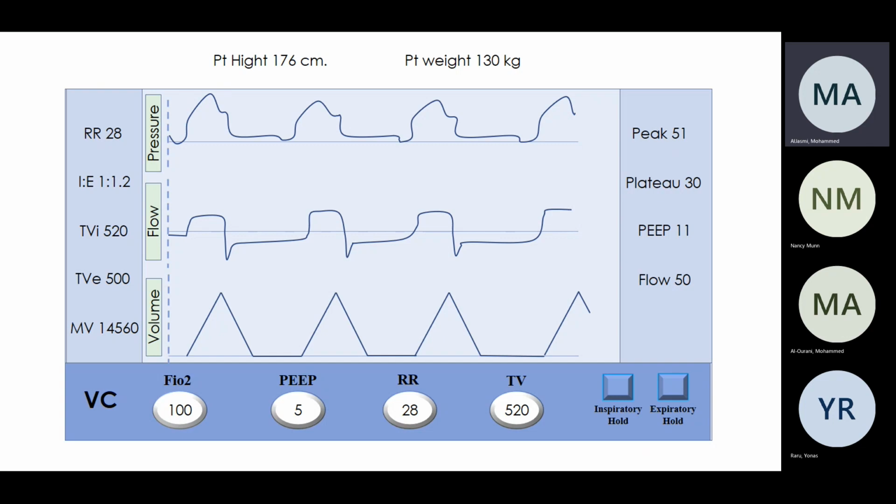So who's gonna do it for us? Katie, do it. Everyone else do it on their phone. Oh, I should do it in my head? No, you're gonna speak loudly. The resistance: I want to do the peak minus the plateau, which is 21, and then divide that by the flow. What's the flow here? The flow has to be within 50 to 60, divided by 50 to 60. So 21,